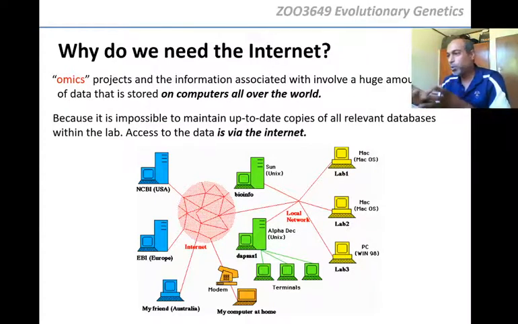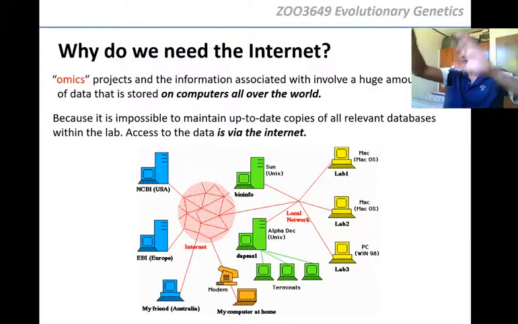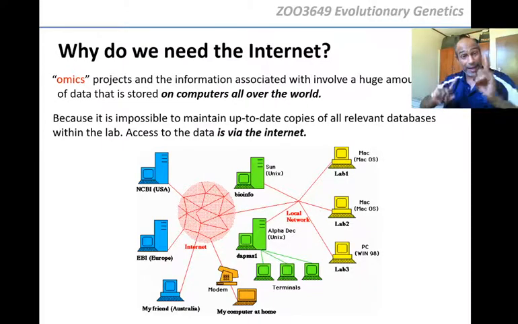Your computer is only so big, you can't store all the data you need for a bioinformatics project. So how would you do that? The only way is to use servers, or computers based all over the world that have the information. And that way, when you go to NCBI and you type in your search,